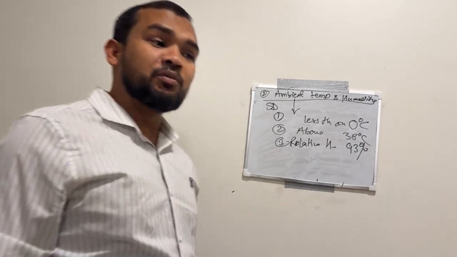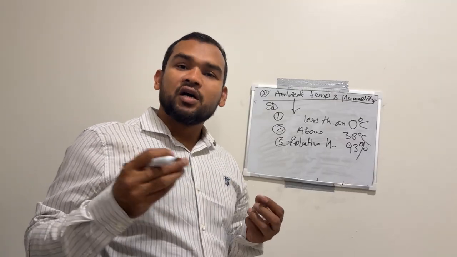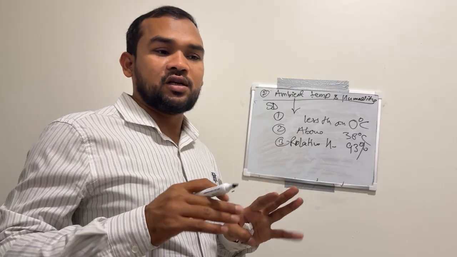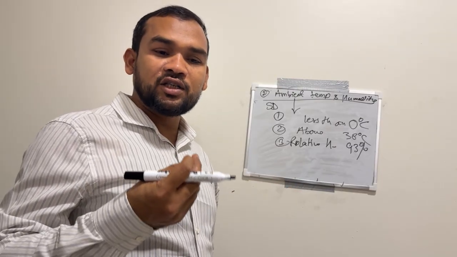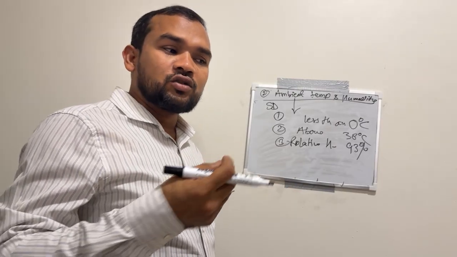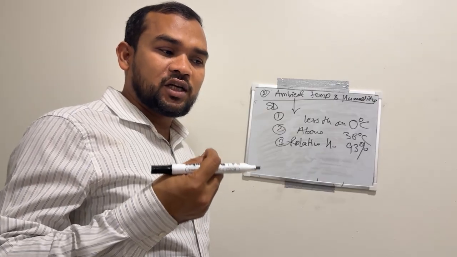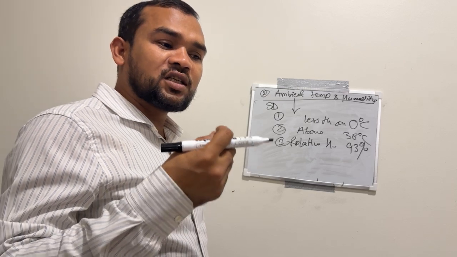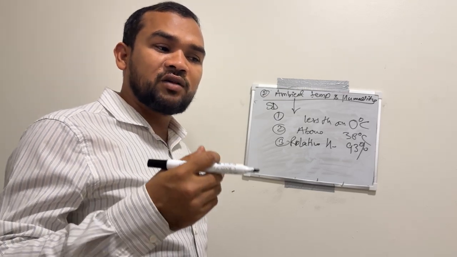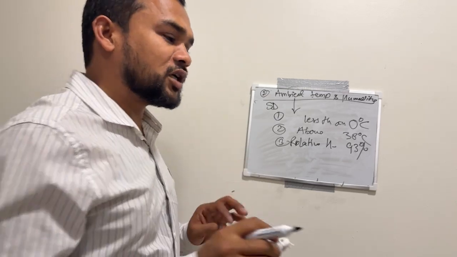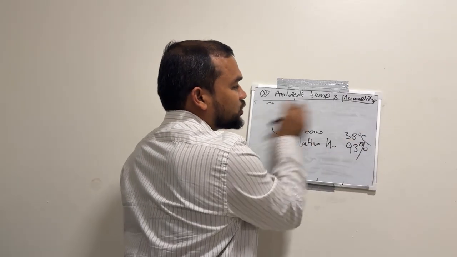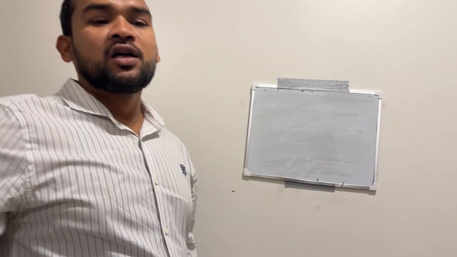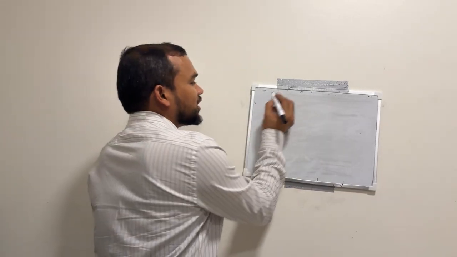And what is ambient temperature? Ambient temperature means, like in this room, the normal temperature. When we read it on the temperature measurement scale, it takes 60 seconds, and we consider the maximum temperature within the 60 seconds. So this normal temperature in a room or any space is called ambient temperature. So this is our second topic, and the third topic is